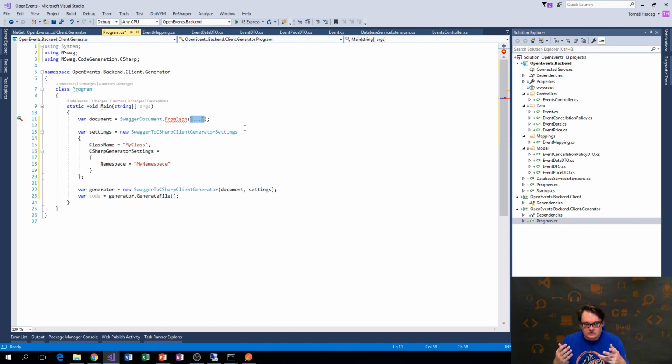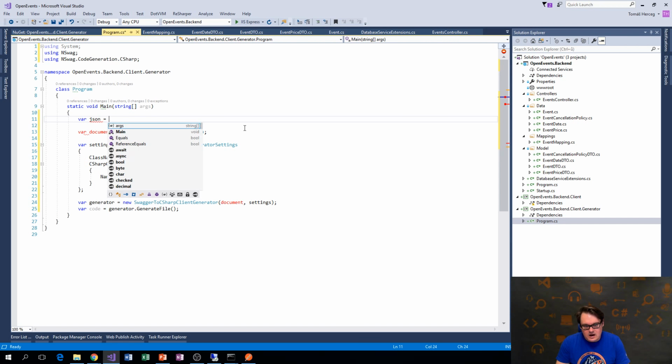But also the other option is that I will run this console app manually when I change the API, so it won't be automated, and in that case I will have the application running, because I have been testing it before. So at the beginning, let's just say JSON,